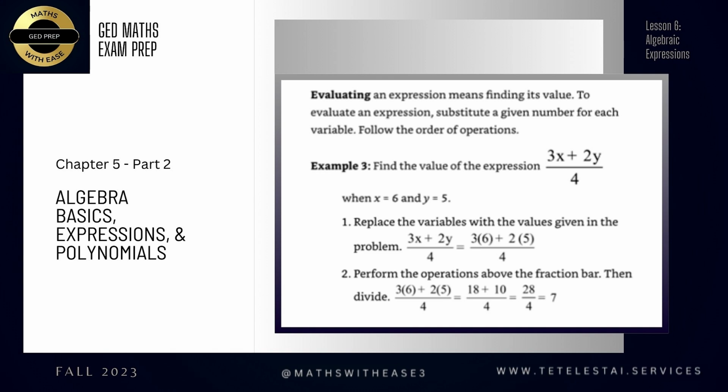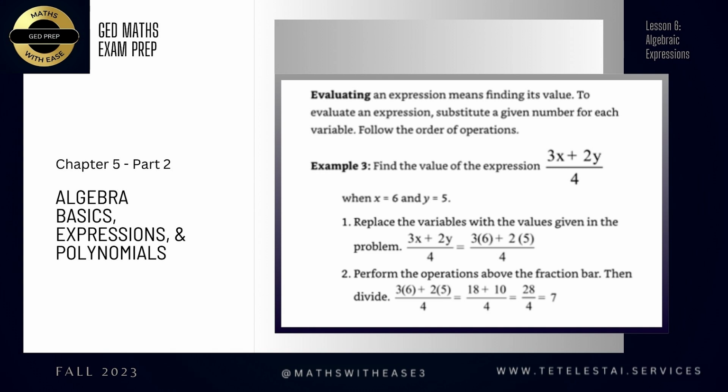If this expression was continuing and there was like 9x plus 10x plus 4, everywhere where you saw x, you would just replace x with 6, okay? Same thing with y. We're going to go back to our expression and we're going to replace y with 5. So we only have one term, I should say, with y, that's 2y right here, and so you would replace